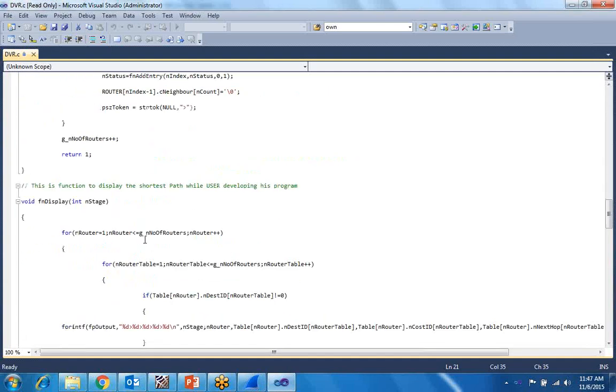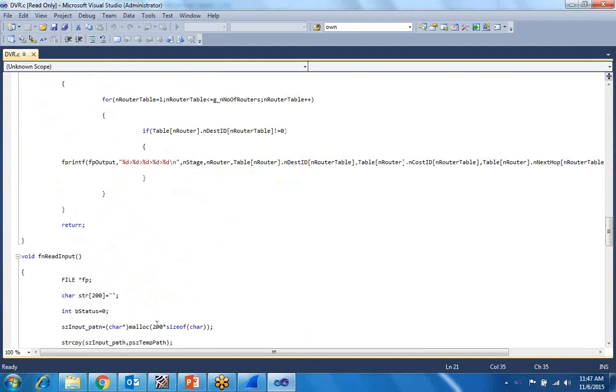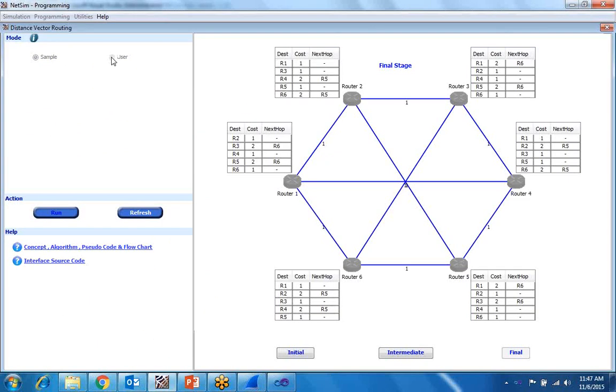You can edit those details and create your own exe files. Then you can connect it through this user and do your programming.